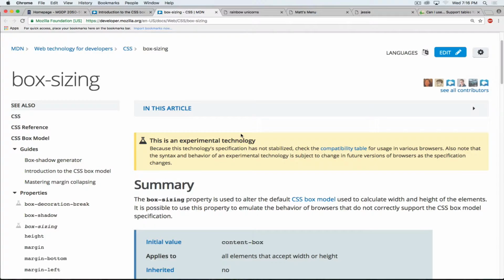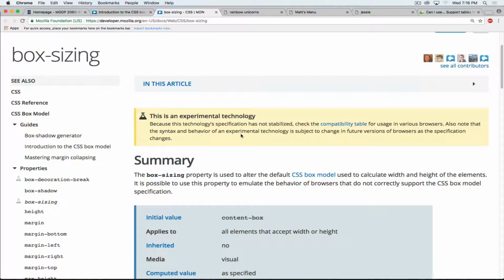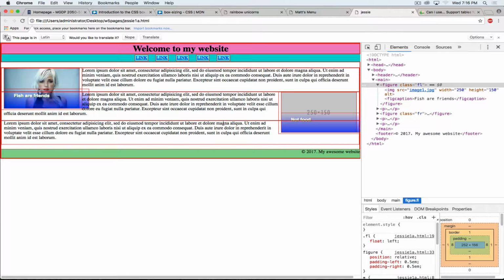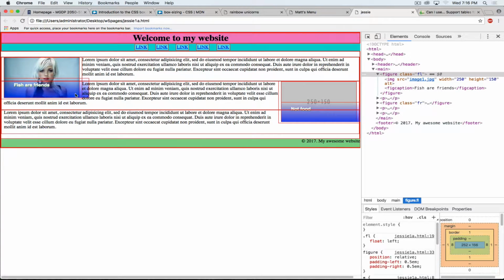The item we want to look at is box sizing. Box sizing is how we can rectify a lot of the issues that plague CSS layouts, and that's the unpredictability of our margins and padding and how those incorporate themselves into the size of a given object. I commented out any reference to box sizing in this particular example, and within that we can see how the gradient, which is sitting behind the text, is now intruding into